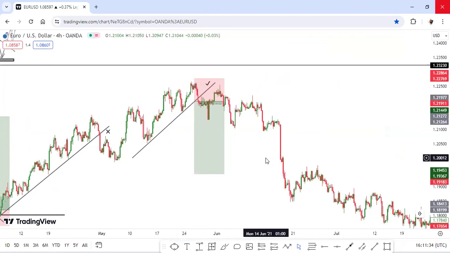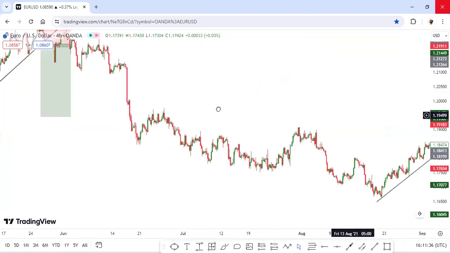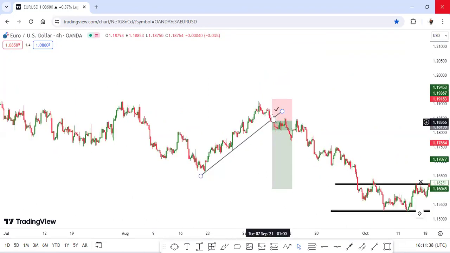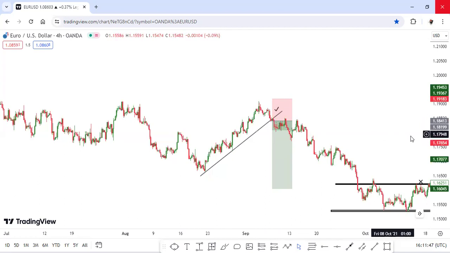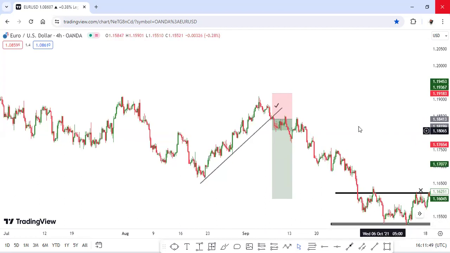The market also dived down. You can see the same thing happened there again. If you want to be using this strategy, whether you're using the 1 hour time frame or the 4 hours time frame or the 15 minutes time frame, all you have to do is once you've gotten your trend line,